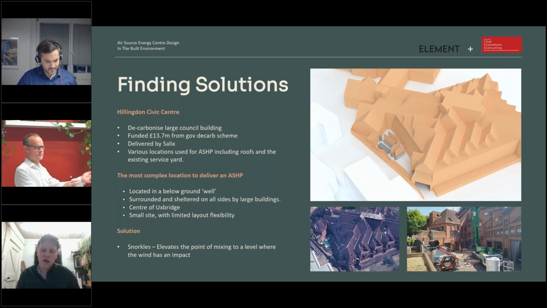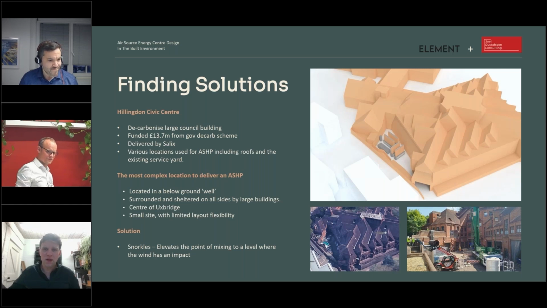And they had identified various locations to put some heat pumps. There were some obvious ones, like the roof, great, perfect place to put a heat pump in this particular instance. And then some not so desirable locations, such as in this service area behind the back of the civic centre. So that was a really tricky situation where we're running studies, and the issue here is that essentially it's not below ground, but it's surrounded all the way around, and it's creating this sort of well environment. Now, we were witnessing a few things.